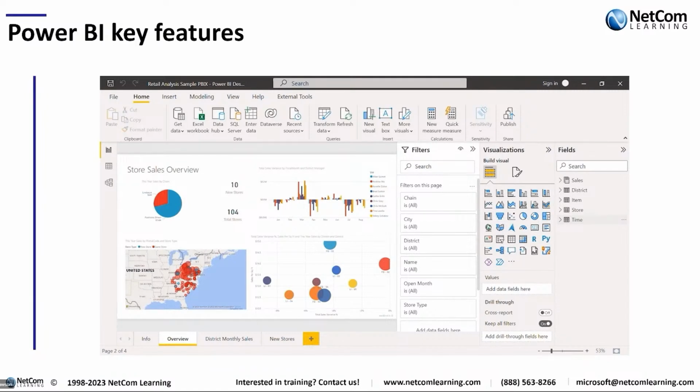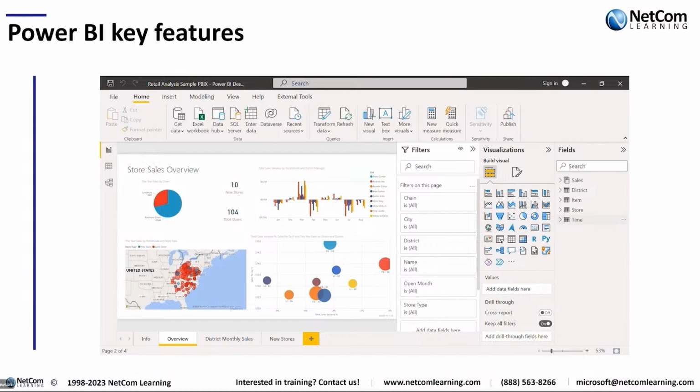Collaboration, of course, the whole point of this is to be able to collaborate on the data that you have, and it allows users to collaborate not only on the reports and the dashboards using real-time connectors, but also makes it easier to share those insights and collaborations with other colleagues in the organization. As an example, you might start off by programming a Power BI report in Power BI Desktop, and then you pass that file, the PBIX file, which contains all of the structure of the report, to a coworker, and then they can work on it, or you can work on it together in a shared environment and that sort of thing.